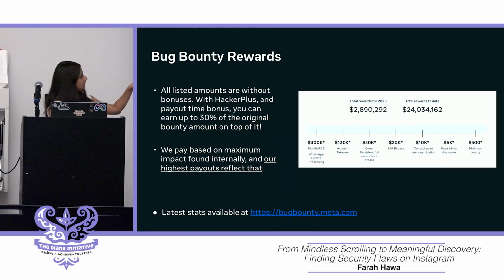Now you can see that the 5,000 bug and the 10,000 bug here, which is page admin disclosure and contact point de-anonymization, these are bugs that you won't really find on OWASP top 10, right? They're very specific to Facebook's privacy landscape. And let me give you an example, like an attack scenario.